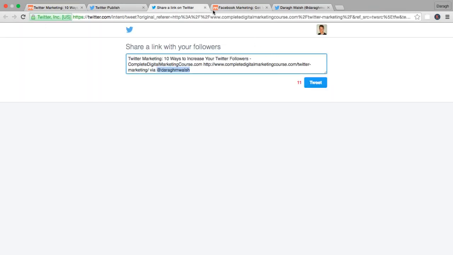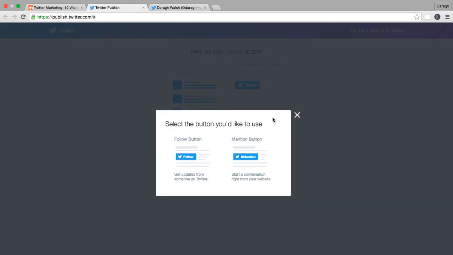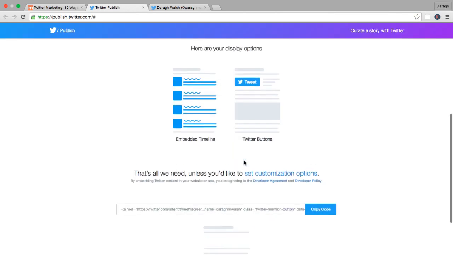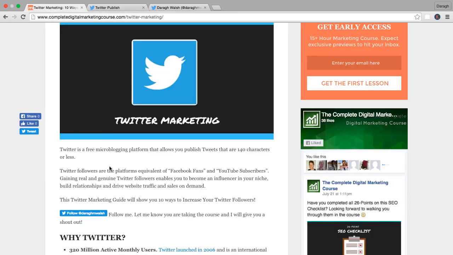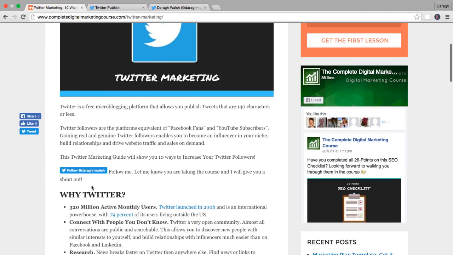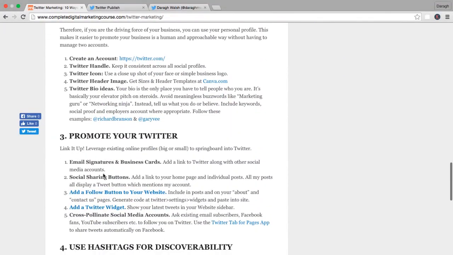You can also use this, let me just close some of these down, for Twitter buttons, so it can be a follow or a mention, and that could be really something like this mention here. You could tweet me directly, or you could follow me, or whatever you want to do. So there's a number of options here with this embed code, and you can really set it up in a number of different ways. So just like this, or it could be tweet me directly from the page, or what is in the next option here is really to add a Twitter widget, show the latest tweets on your website,